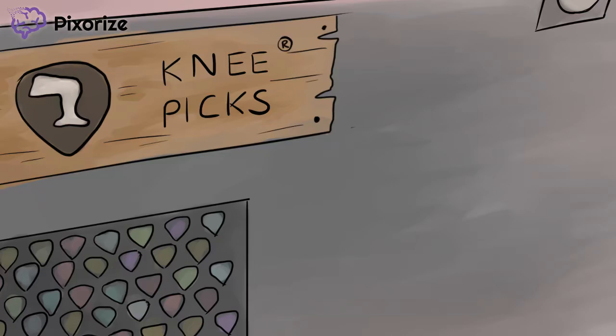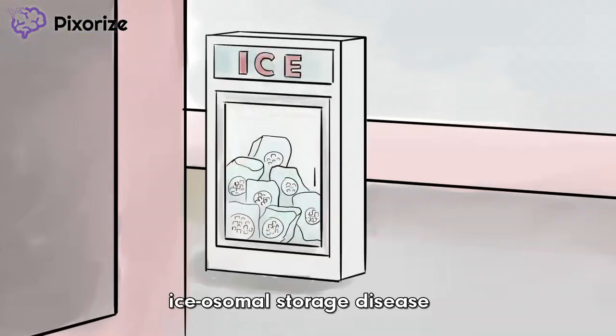So what do these two diseases have in common? Well, first take a look towards the middle at this ice storage container here. Look familiar? This ice storage box is a recurring symbol for lysosomal storage diseases. Lysosomal storage diseases are rare metabolic disorders that result from defects in lysosomal function. This ice box here should help you remember that both Tay-Sachs and Niemann-Pick disease are caused by problems in lysosomal